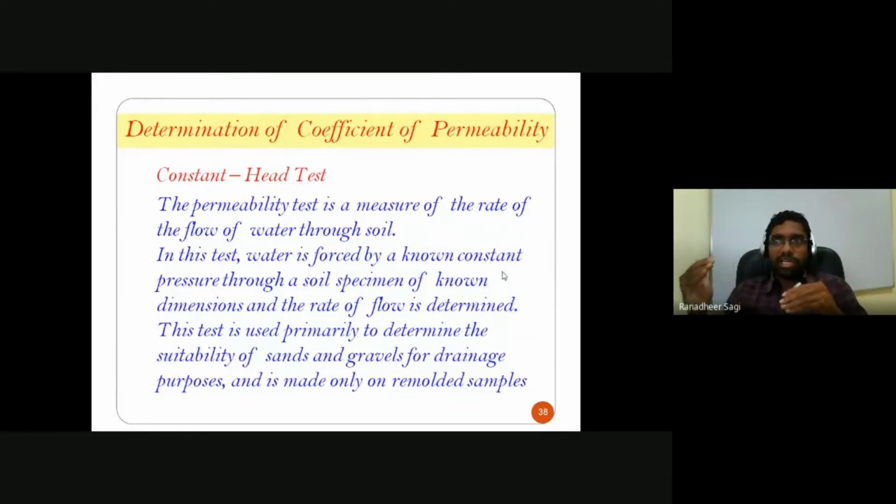Okay, as the water is trying to flow through the soil sample over a certain period of time, we'll try to measure the quantity of water which flows through the soil sample, which we call the discharge. Once we know the amount of discharge that took place through the soil sample over a certain period of time t, the amount of water which got discharged is the amount of water which seeped through your soil sample. Discharged is nothing but seeped through your soil sample. So that is your capital Q value. That is, the quantity of discharge is capital Q.